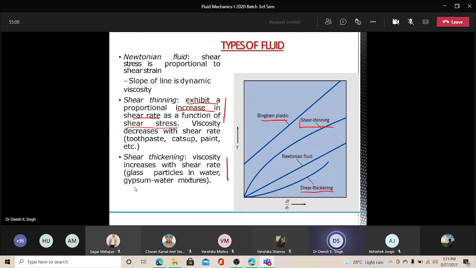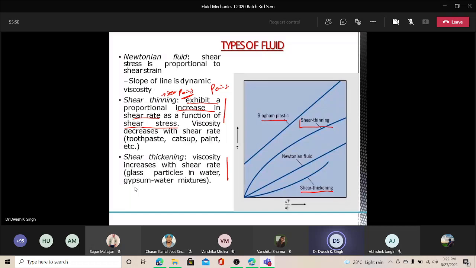Let me give you an example. Any paint, like the paint we use, like wall paint, like plastic paint, exhibits this behavior, shear thinning. Paint is a widely used example of shear thinning. It means your paint should be based on this behavior. If your paint is not based on this, then it will be very difficult to paint your wall or anything,